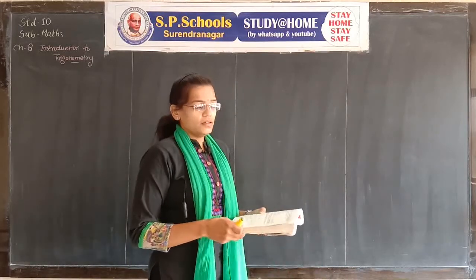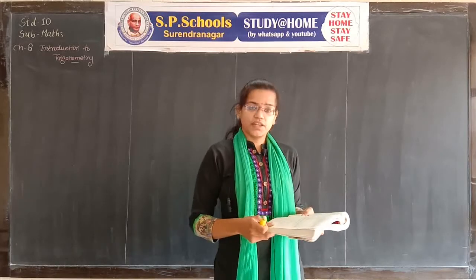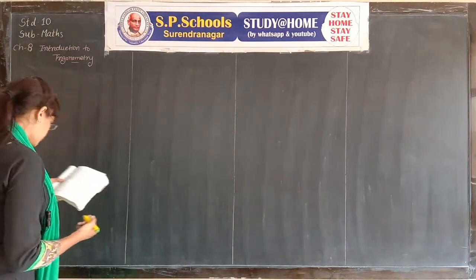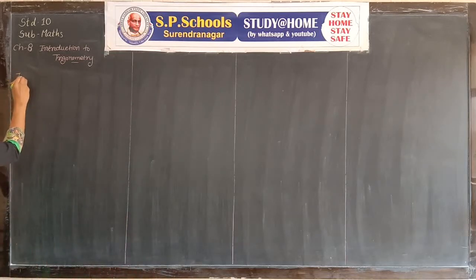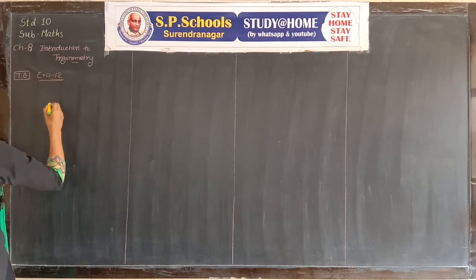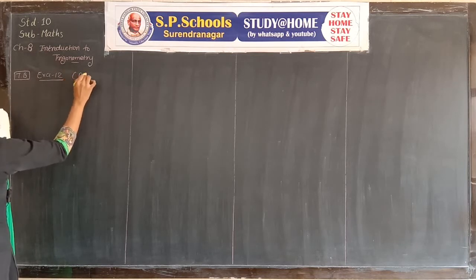The examples are regarding the trigonometric identities, trigonometric ratios, and the relations of trigonometric ratios. First of all, see example number 12, on page number 191,